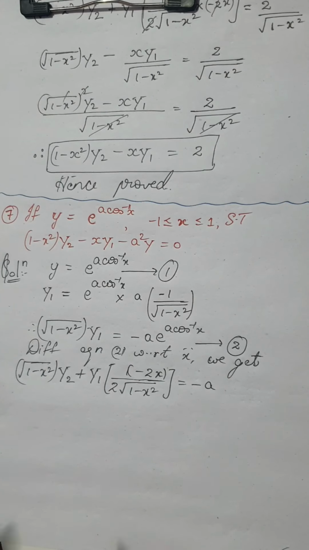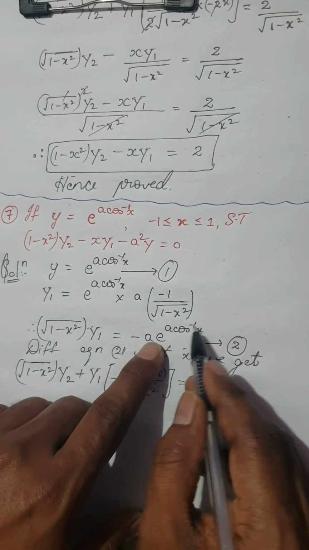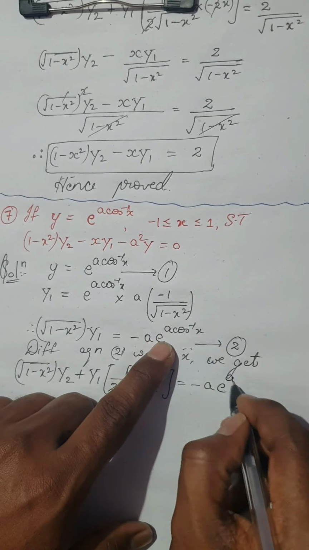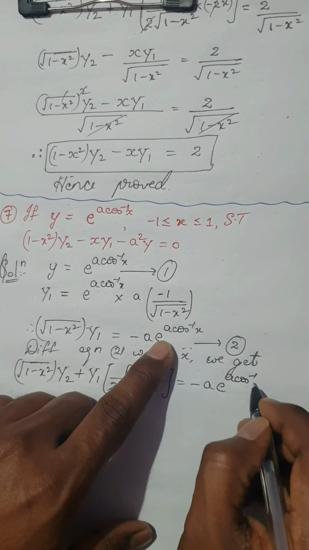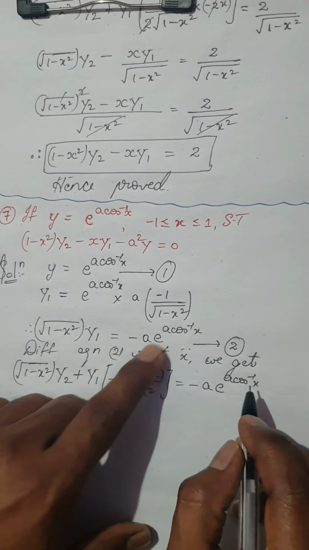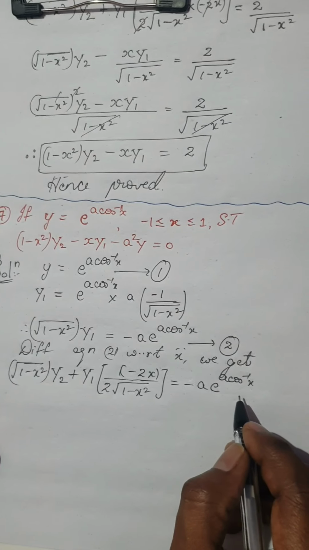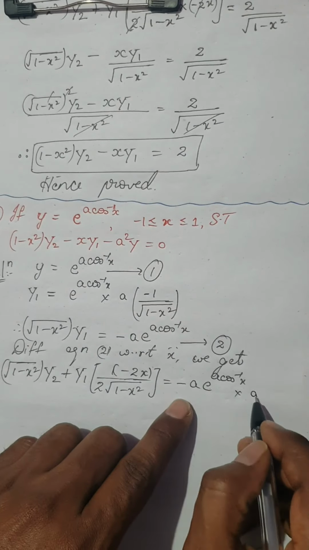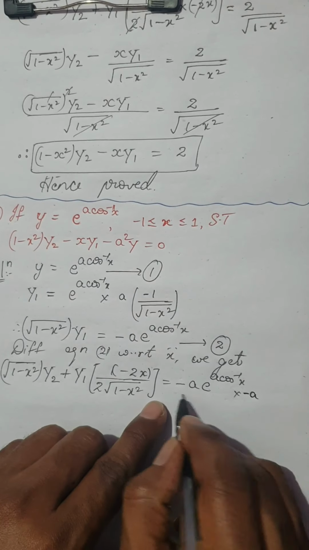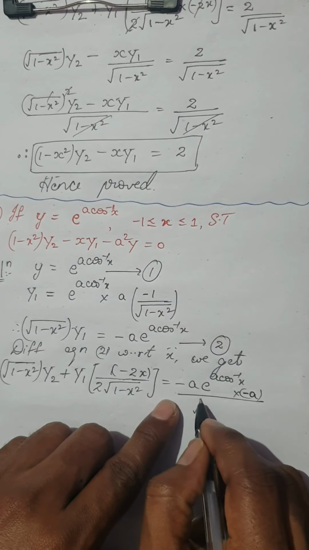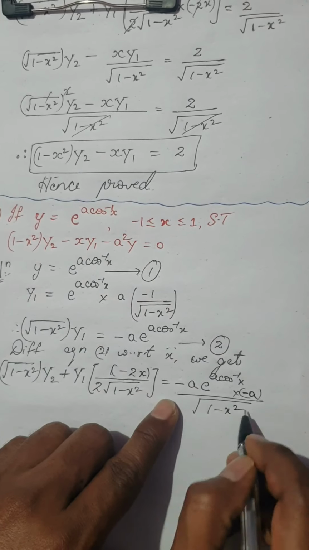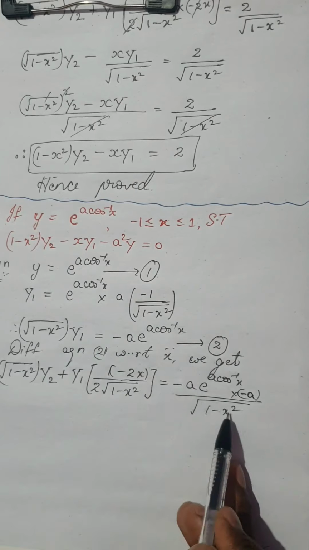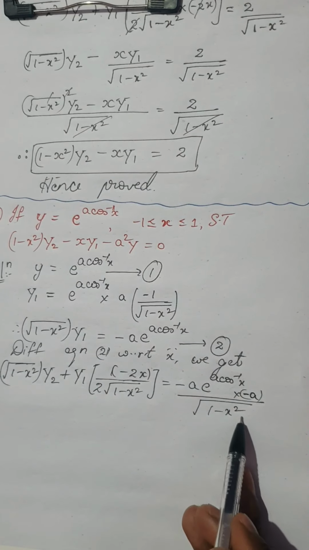Is it clear? Now what is the derivative of, again, e power f of x? The derivative of e power f of x is e power f of x, that is e power a cos inverse x, into the derivative of f of x. So the derivative of a cos inverse of x is, let me take minus a here, because it is minus a divided by root of 1 minus x square. Okay, because as we did here, we are just following this once again.